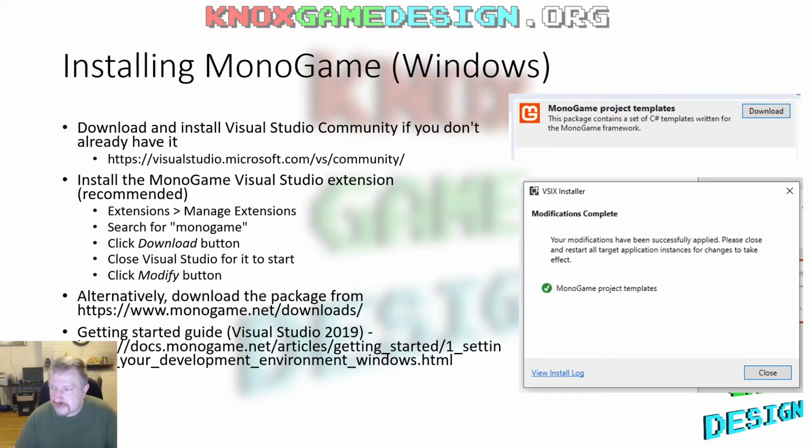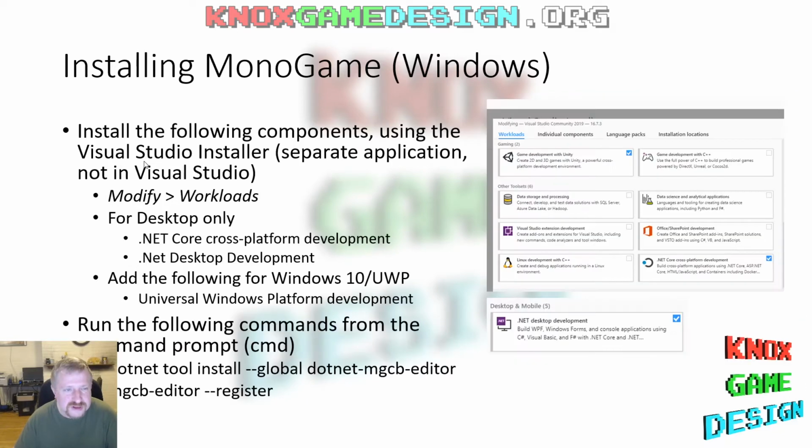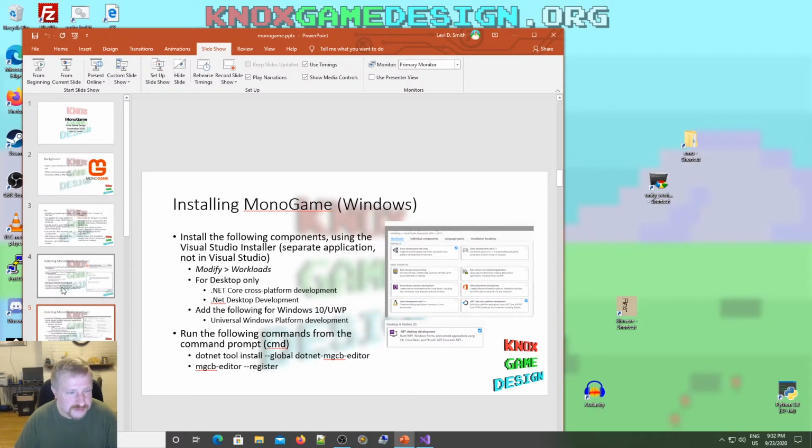So I'm going to give a basic overview of installing MonoGame. First of all, you need to install Visual Studio Community Edition, or you could get the Pro if you want to pay for Pro, but all you need is the free Community Edition if you don't already have it. So it's at